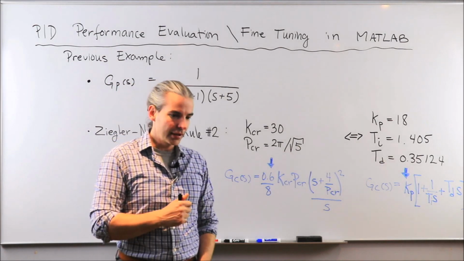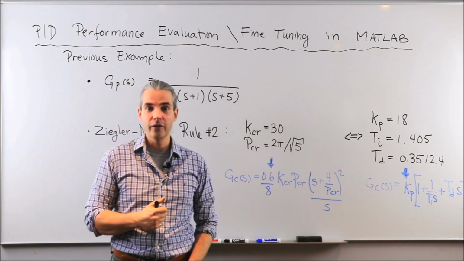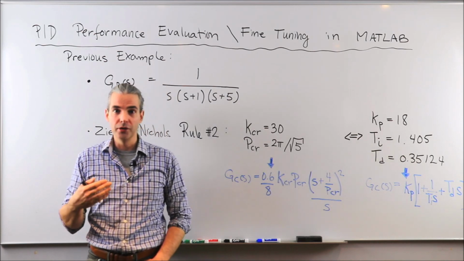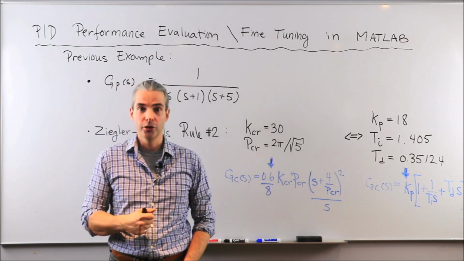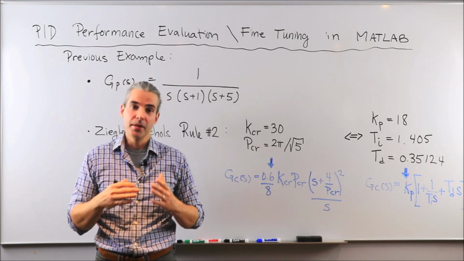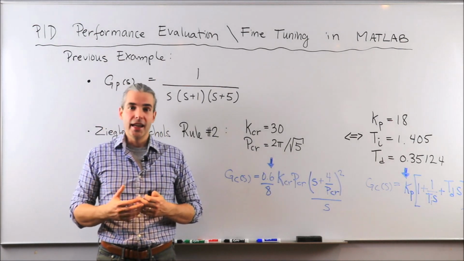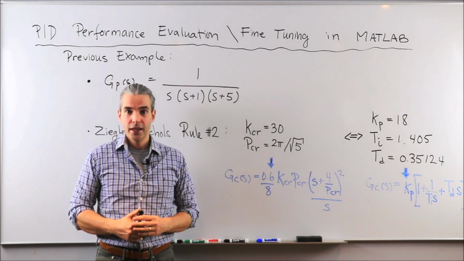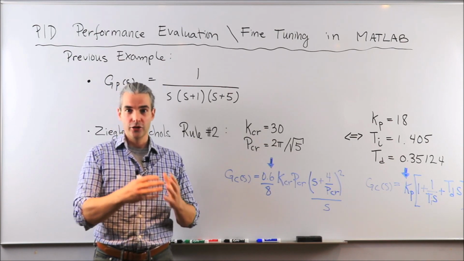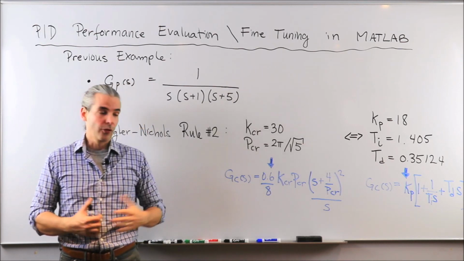But before we look at how to implement this controller in MATLAB and evaluate its performance, let's ask ourselves, what are we expecting? Well, what we expect out of Ziegler-Nichols tuning rules, either rule number 1 or rule number 2, is not the best optimized performance we can think of. Because again, Ziegler-Nichols tuning rules only give us an educated guess on those control parameters. In no way, shape, or form do we have to take those for granted, implement those inside our controller, and call it a day. Because as we'll see in simulations in a moment,